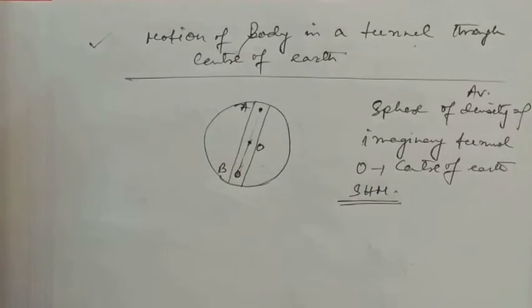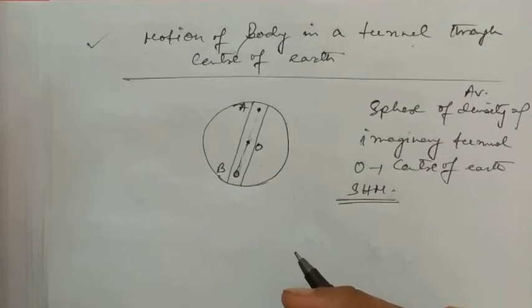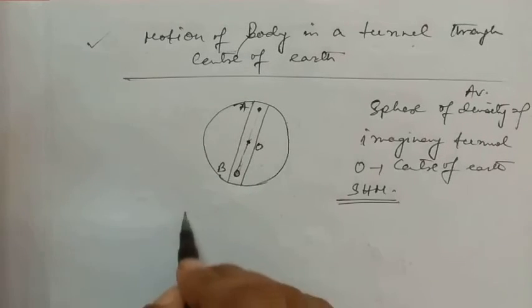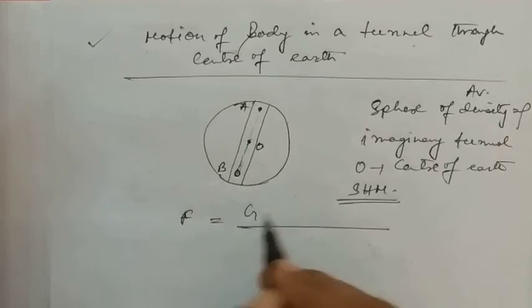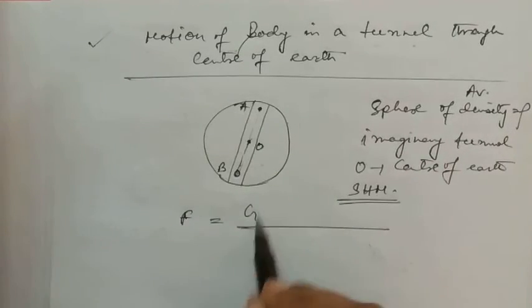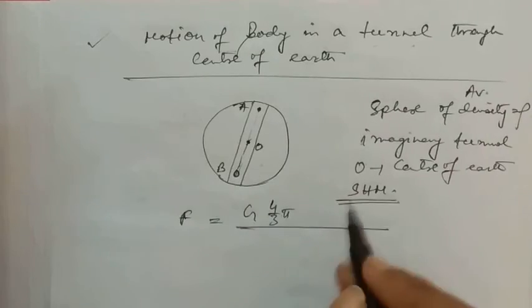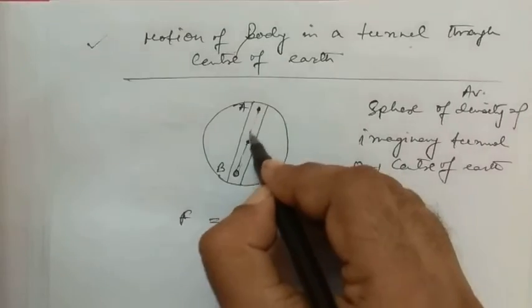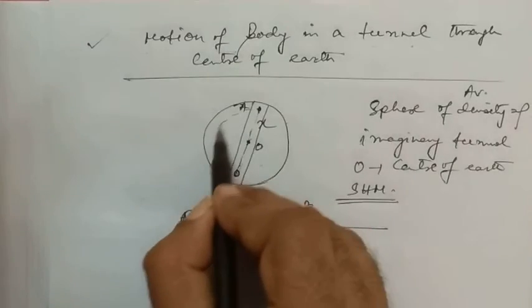Now, how to find the value of time period for this type of motion? First we have to find out the force of attraction. Let F be the force of attraction. That means we know G m by r square. So m is the mass of the earth, or rather we can take 4/3 pi. If we take the distance between this point and this point be x, then x cube is the radius of this sphere cubed,